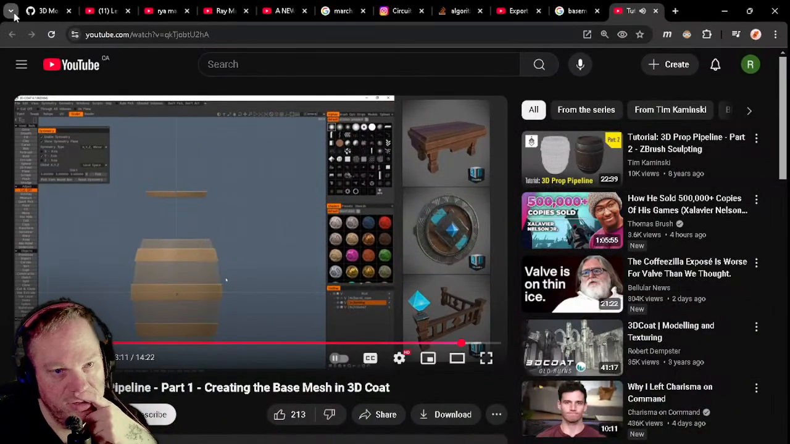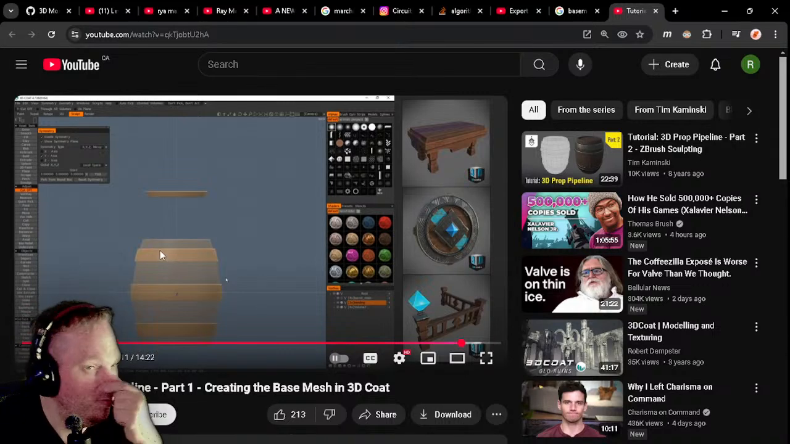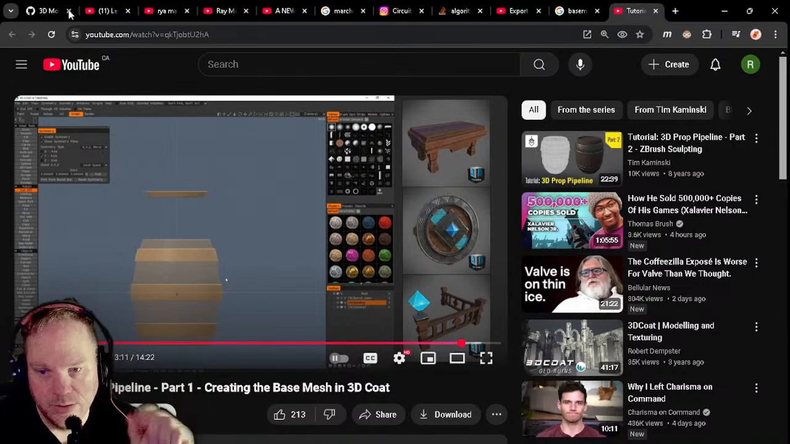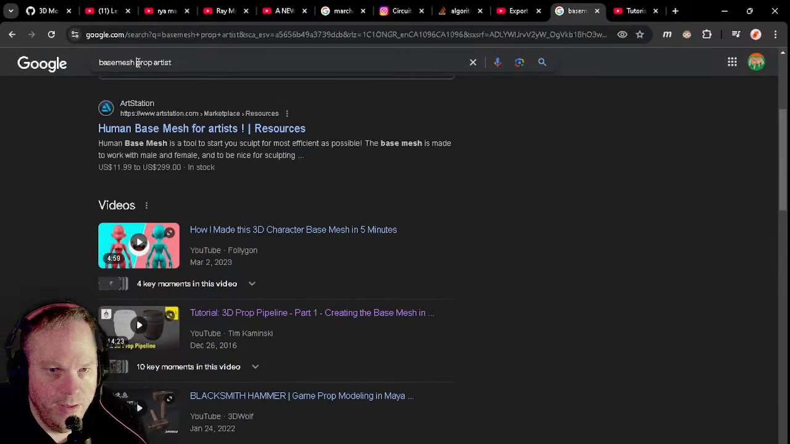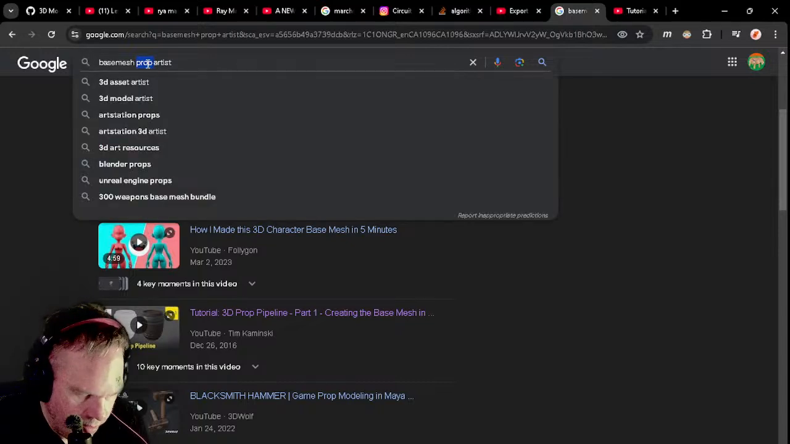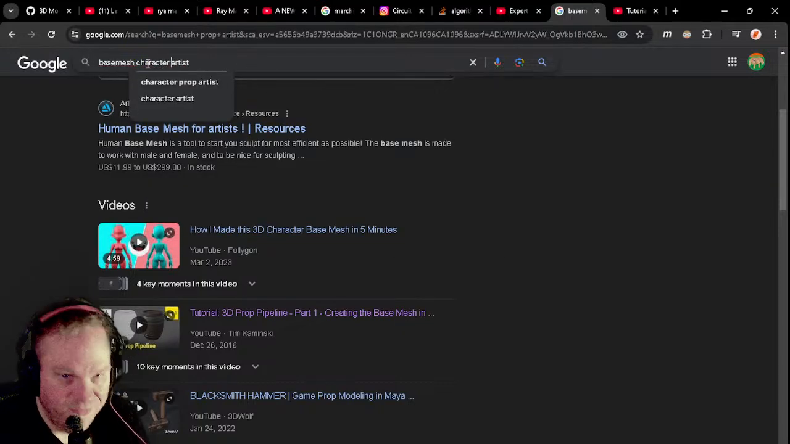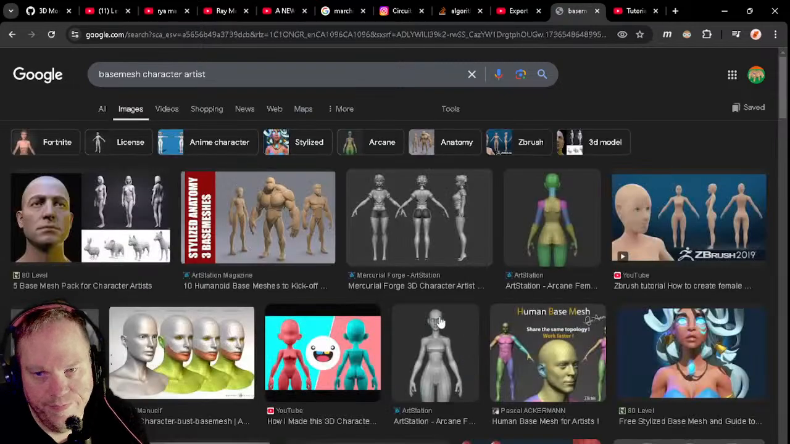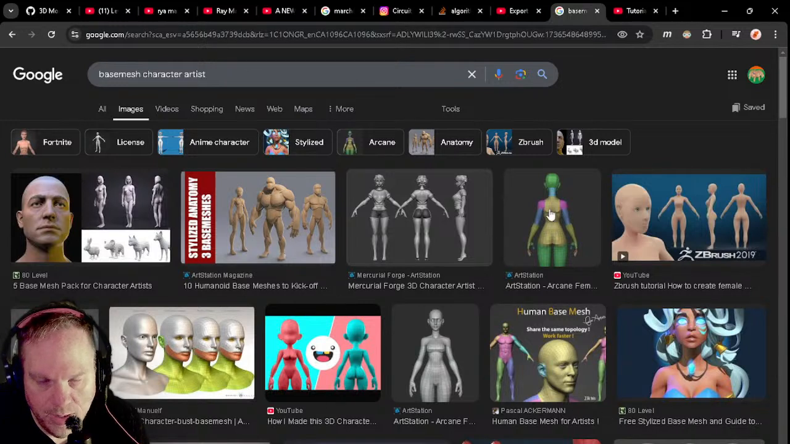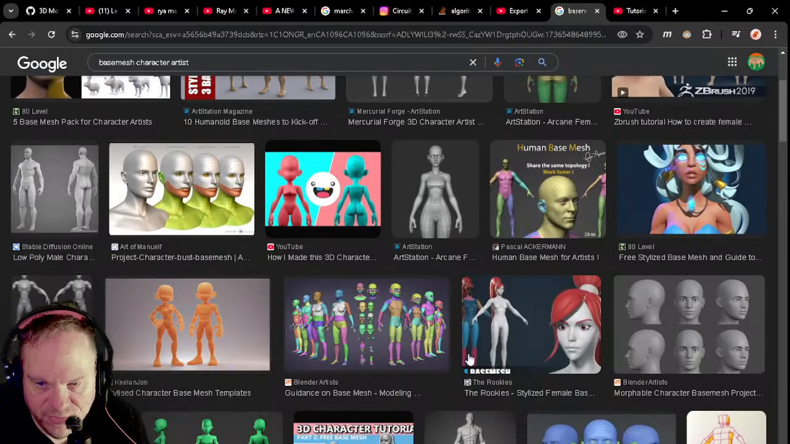You have a base mesh. The base mesh is the block. Usually, character artists will make their anatomy first. They will do a turntable like that. I don't remember the name. There are multiple names for